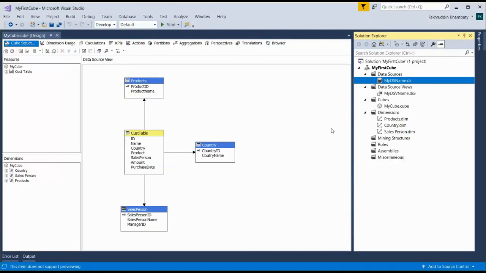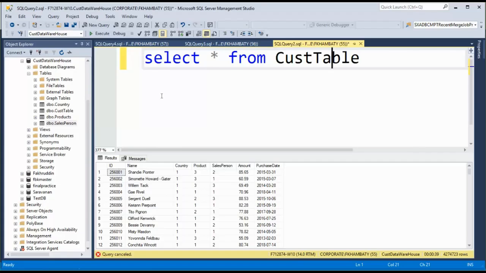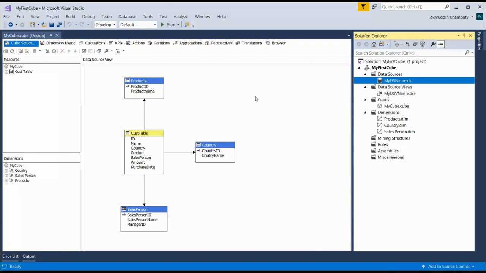MDX. The way we have SQL for running SQL data, for cubes we have something called as MDX. And don't worry, you don't have to learn that particular language unless you're really going deep into the cube structures. But for the first demo, don't worry about it. I'm not asking you to learn a new language altogether. Just switch directly to the last tab over here called browser.